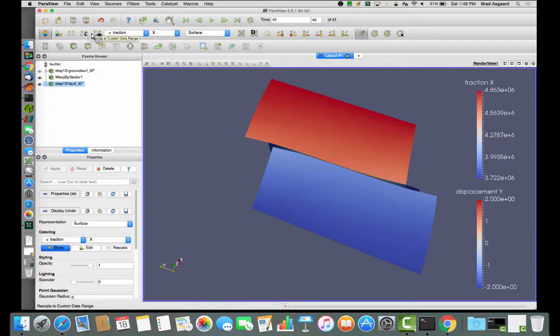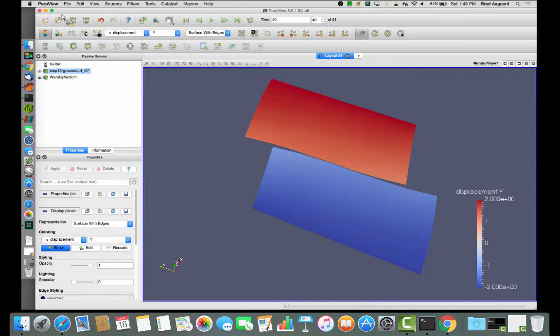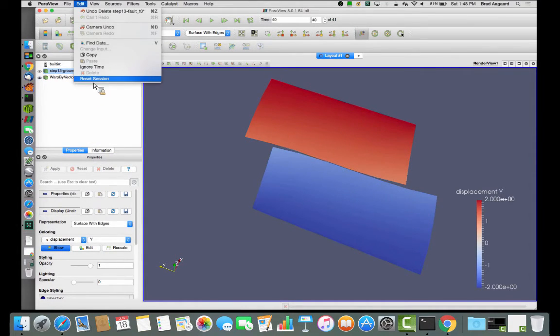Okay, I'll go through one more example. And this will be, we'll switch gears a bit and